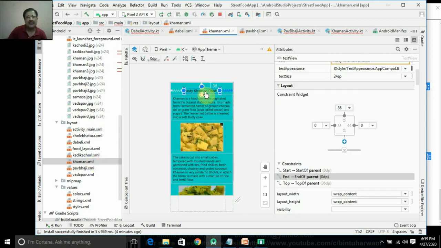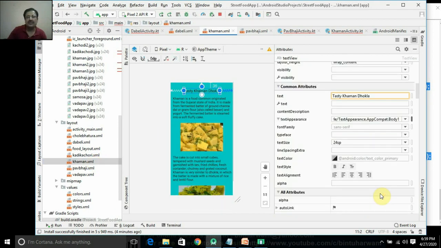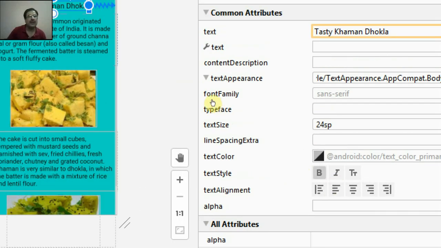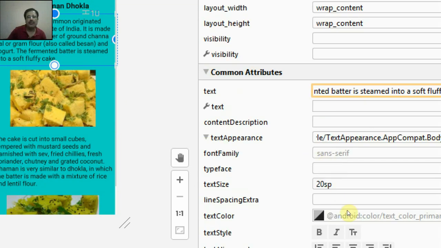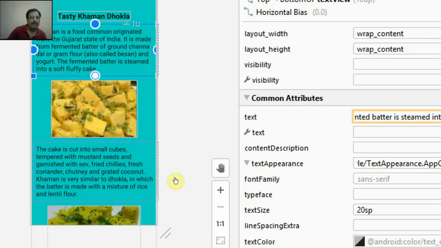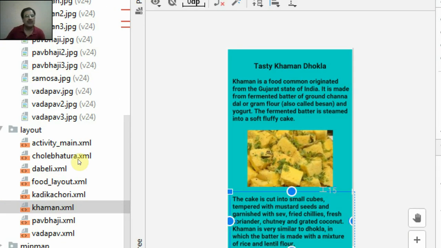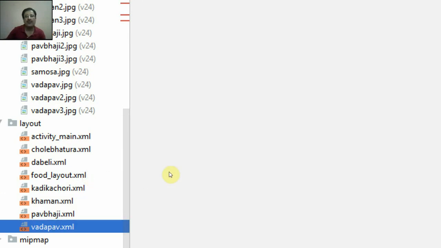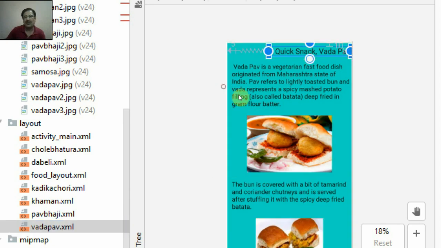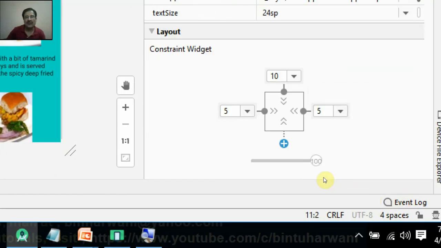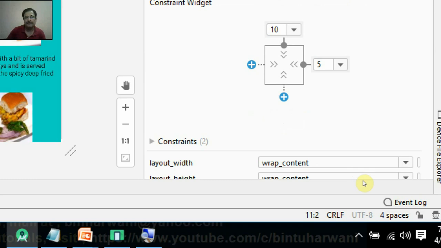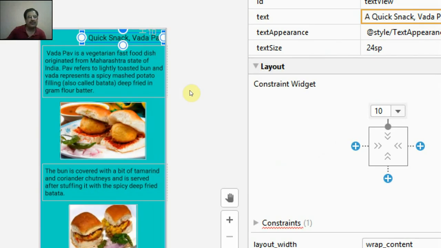I'll make common also the same way. It is at the center, and make it bold. See, I'll make it here. You can see it bold here. Click here, make it bold, and click here and make it bold. Same thing you have to apply on all the layout files. Like I'll do it on Vada Pav. This is not at the center, right? So do one thing, delete its left and right constraints and create them new again.